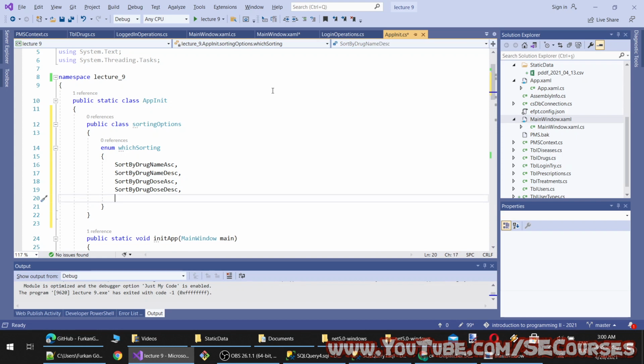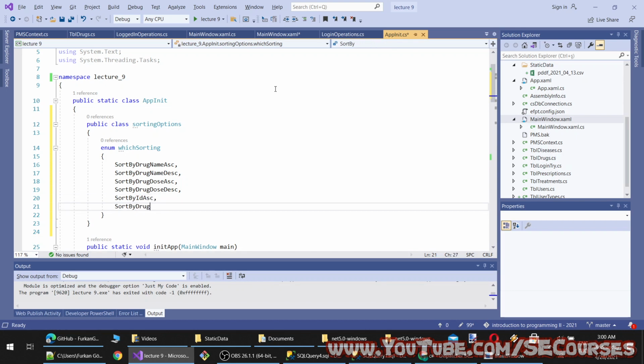We can also add sorting with ID, sort by drug ID ascending, sort by drug ID descending.